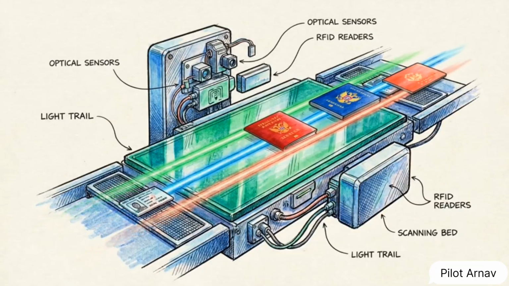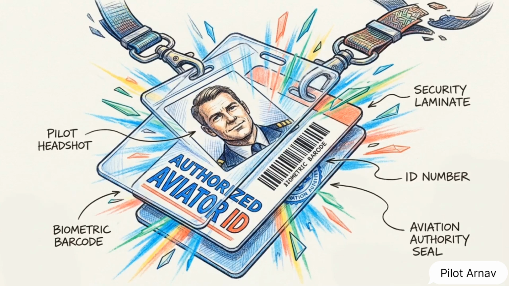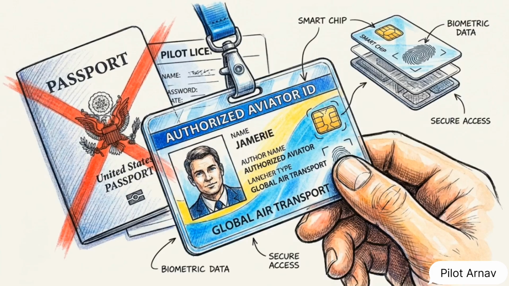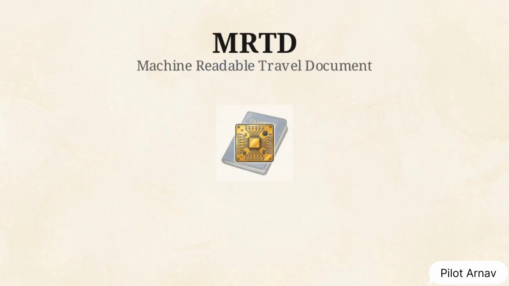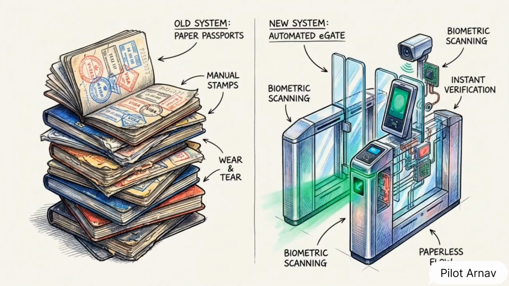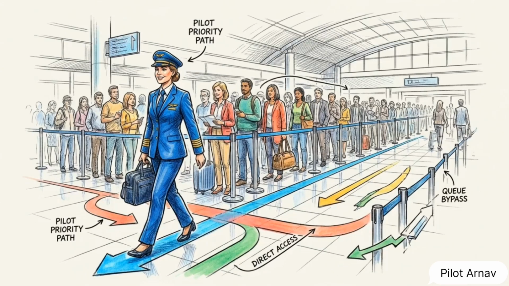required for identity verification. Flight crews utilize a crew member certificate, or CMC. If used purely for identification purposes, a contracting state must accept it without demanding an accompanying pilot's license or passport. For broader travel, the standard is the MRTD, the Machine-Readable Travel Document. As this graphic shows, it embeds a secure microchip holding the traveler's biometric data in an electronic database. Standardizing these documents removes the friction of manual, page-by-page border checks, allowing crew members to clear airport terminals at maximum